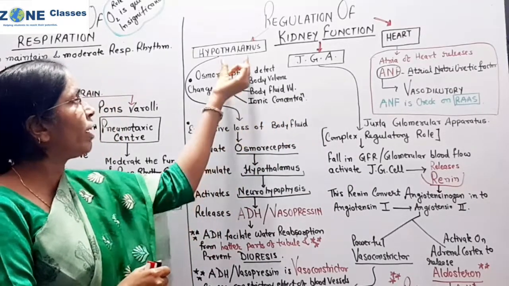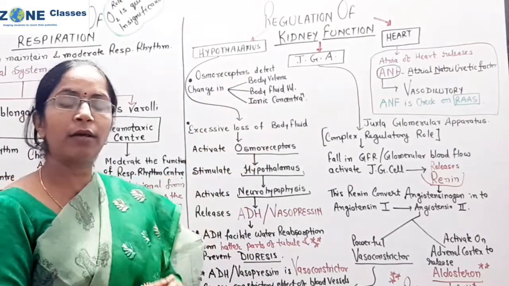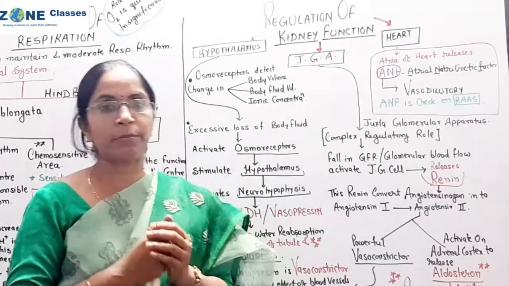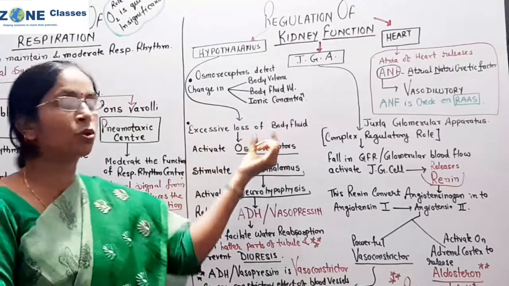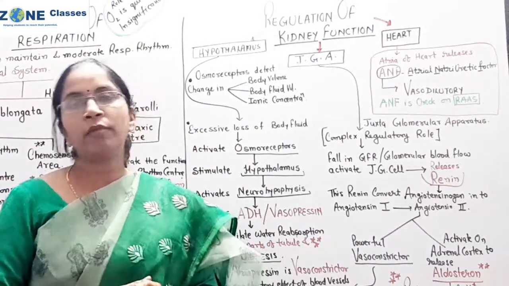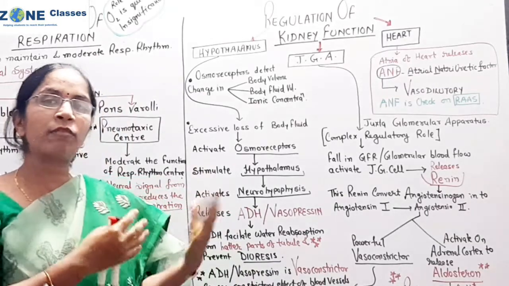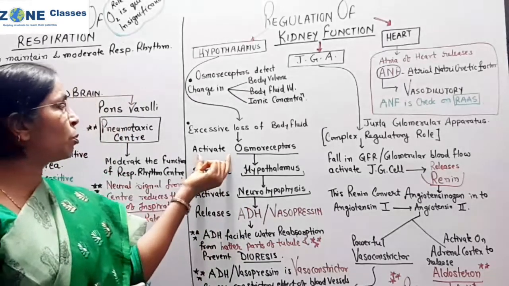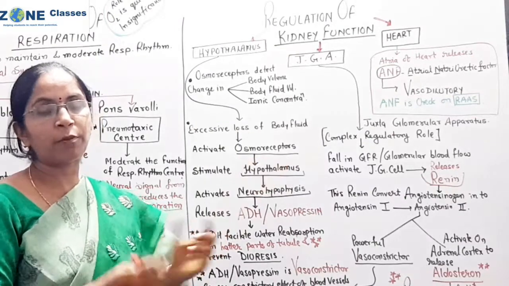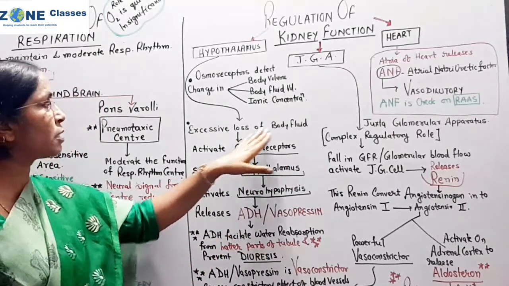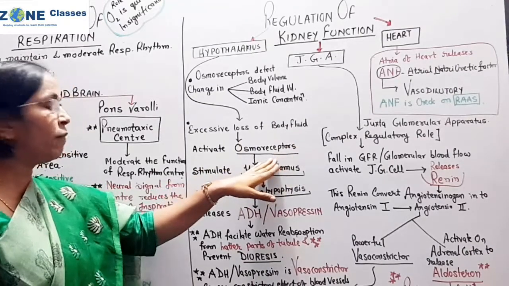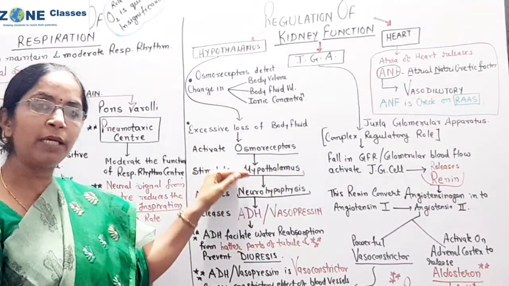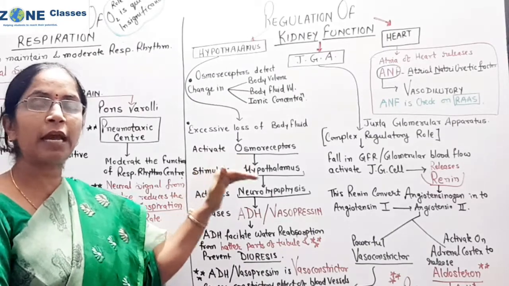Now here you remember when the hypothalamus starts its regulation over the kidney function. So why does the hypothalamus activate first, understand this. First, when there is an excessive loss of fluid from the body, that means when diuresis begins and excessive losses take place from the body, in that condition the osmoreceptors get activated. The osmoreceptors mainly activate when there is an excessive loss of body fluid. Due to the activity of osmoreceptors, these active osmoreceptors provide a message to the hypothalamus, and because of that the hypothalamus gets stimulated